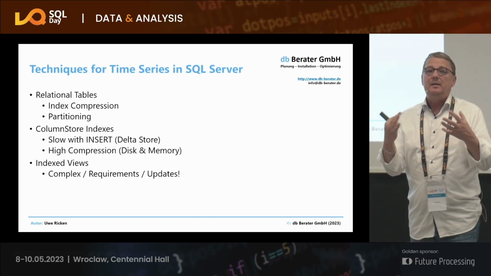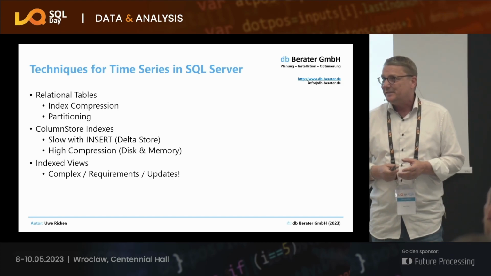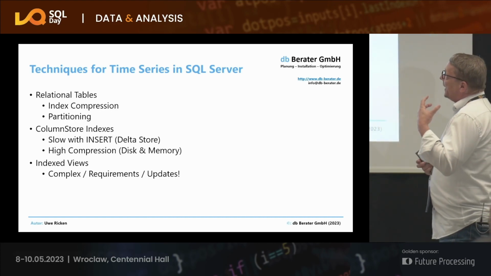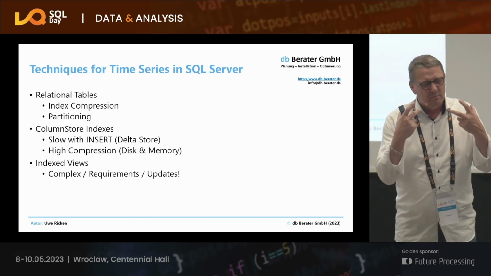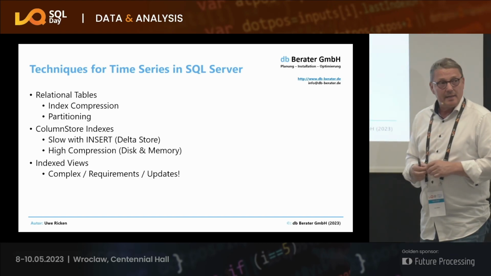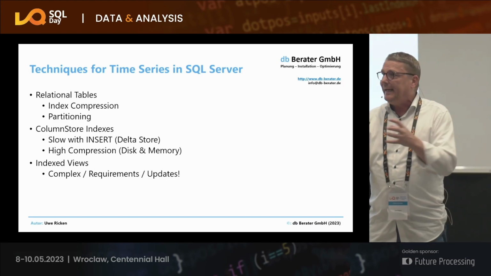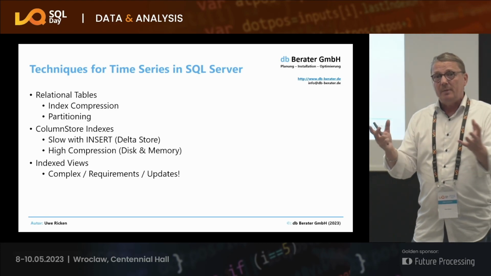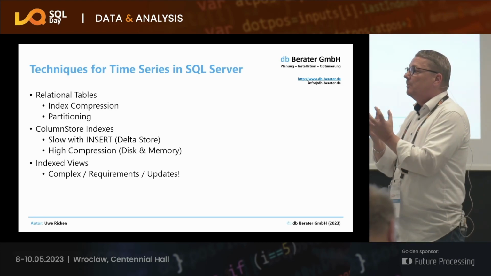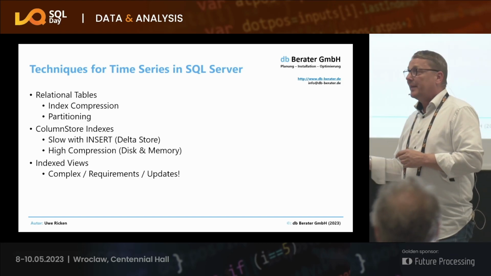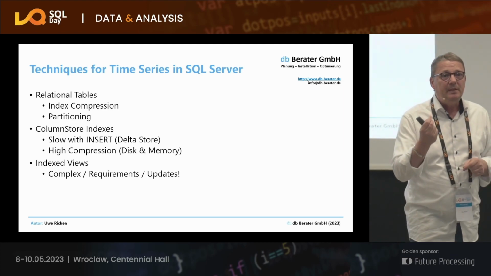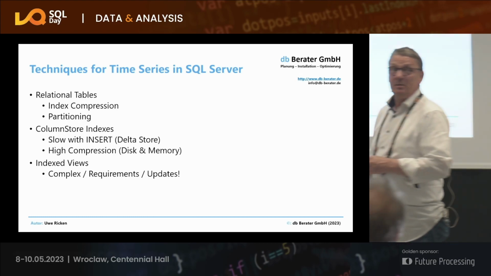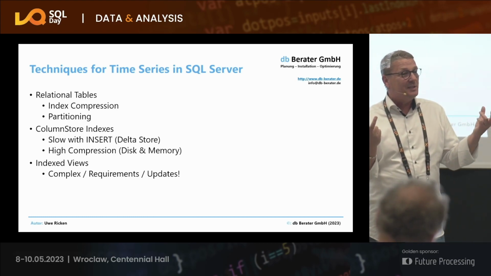So when it comes to the point that you have to design your database for time series, you need to think about some architectural designs. Relational tables: because we are dealing with really lots of data, you can use index compression to store your data in a compressed form on the storage. The good thing with this is that the huge amount of data gets efficiently stored and compressed when you use page compression. But there is a tiny drawback. It costs you CPU. Because what does SQL Server have to do when it comes to the evaluation of the data? It needs to decompress it when it comes into memory.